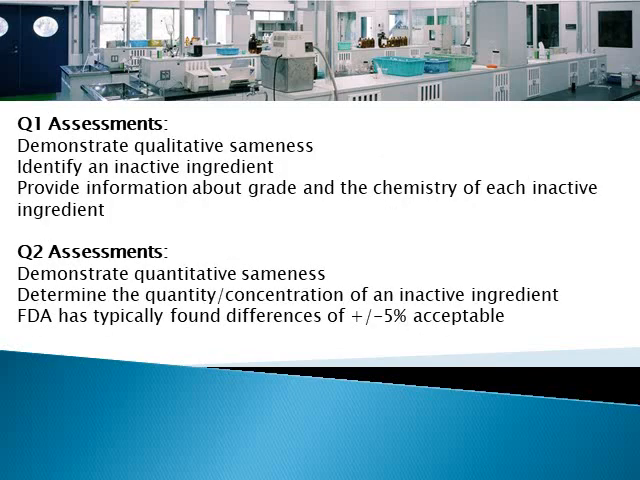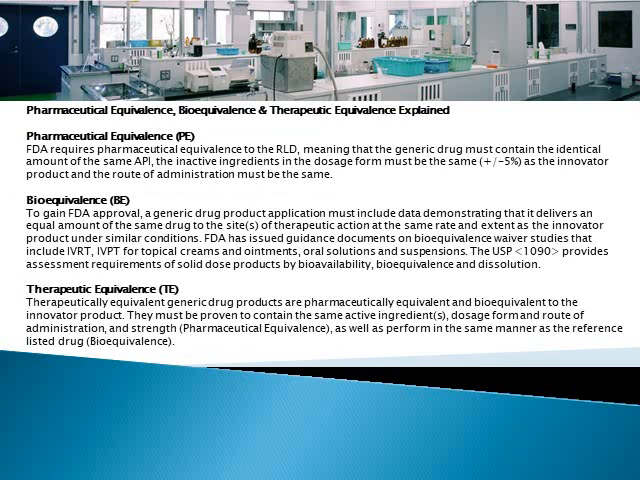Now the Q1 very much talks about the qualitative analysis, which means you have to find the right grade of inactive ingredients in your reference product. And the Q2 refers to the amount of inactive ingredients, and that has to be plus or minus 5% of the target amount. So for people who are familiar with the ANDA submission, they probably know about the pharma equivalence,